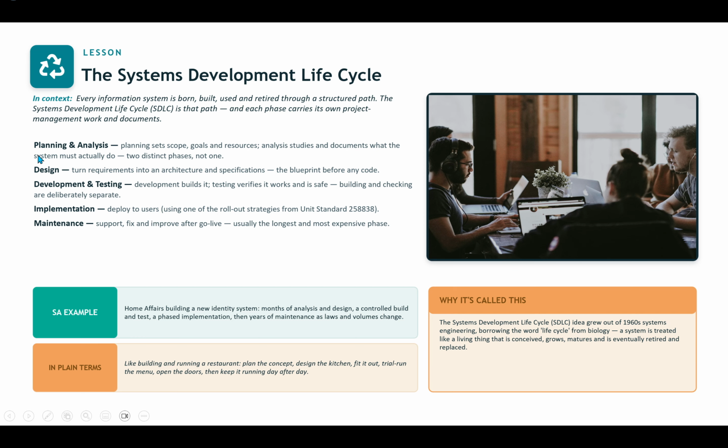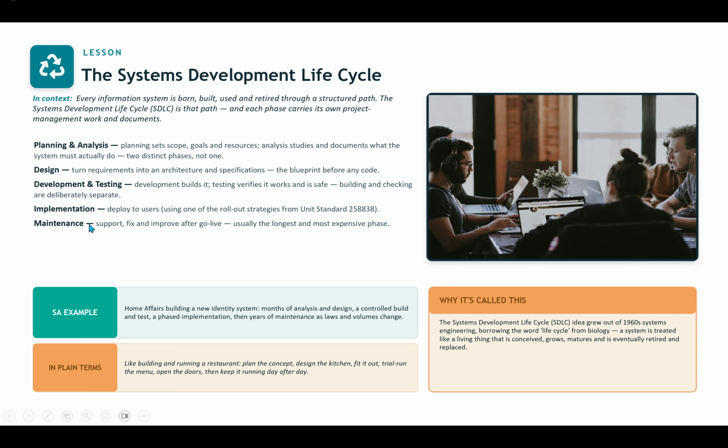In planning and analysis, you are looking at planning, at setting the scope, the goals, and resources. So analysis then studies and documents what the system must actually do. These are two distinct phases, not one. So you plan, you analyze, then you move on to your design, which turns requirements into an architecture and specification, the blueprint before any code. And then development builds this particular system that you want, while testing then verifies that it works and is safe. Building and checking are